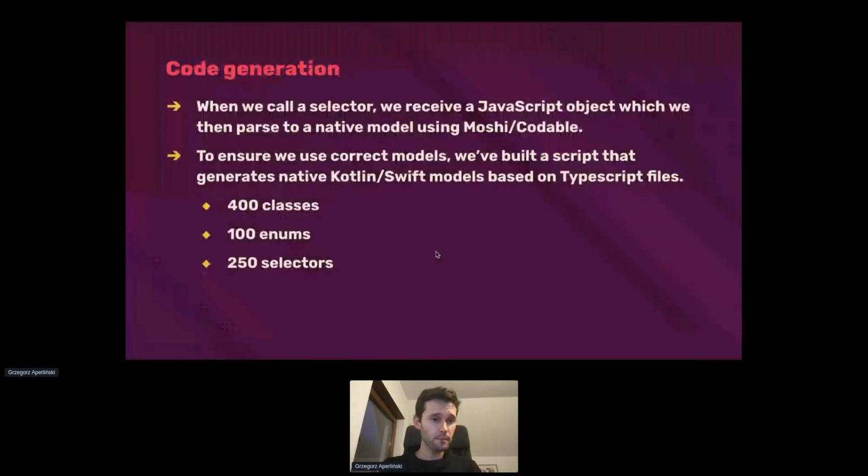but I'll show you how we extended that to build native models. Okay, so apart from creating the wrapper for the JavaScript virtual machine and handling the logic, we also extended the approach to generate native models for the JavaScript objects that we get from the rules engine and from the JavaScript layer. And we do that by taking the TypeScript type declarations from the rules engine and generating native Kotlin and Swift models with a script. Those models are then derived using Moshi on Android, or just the Codable